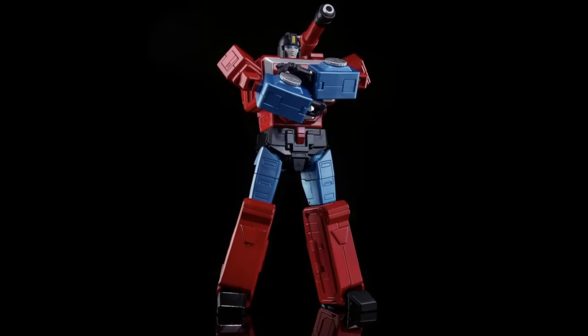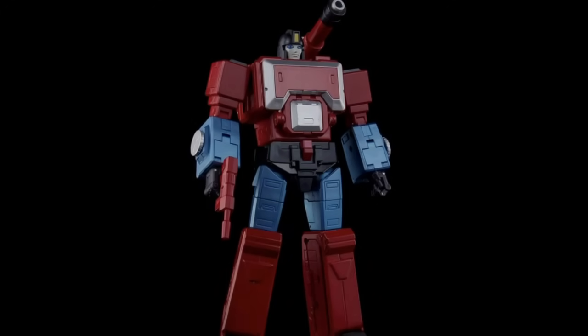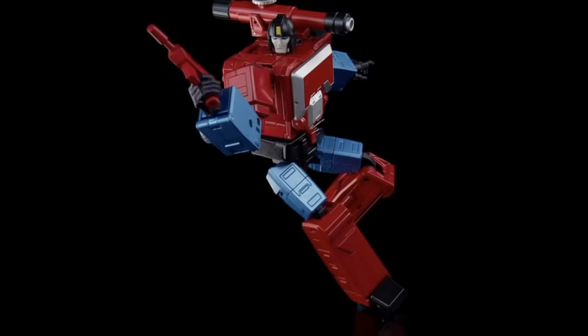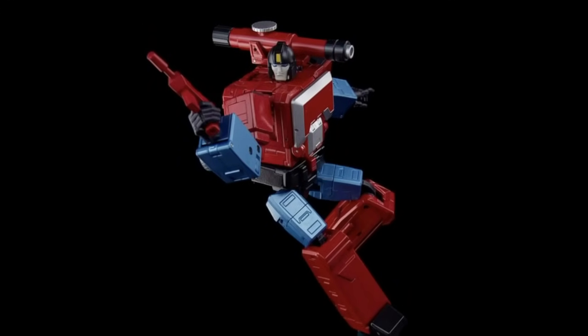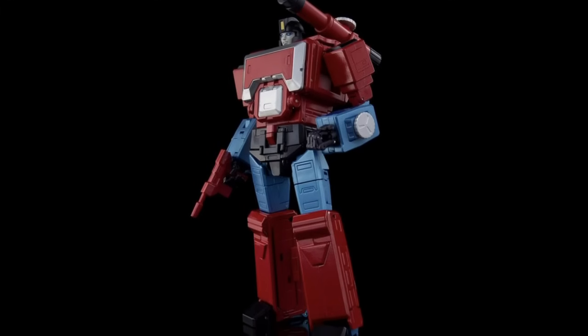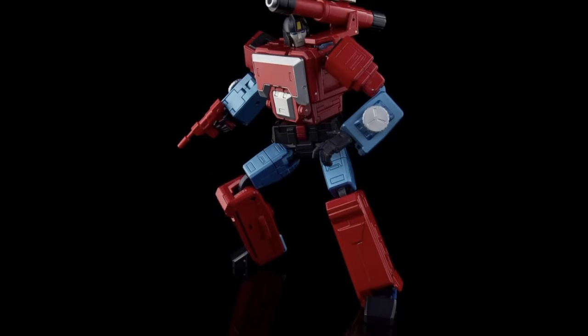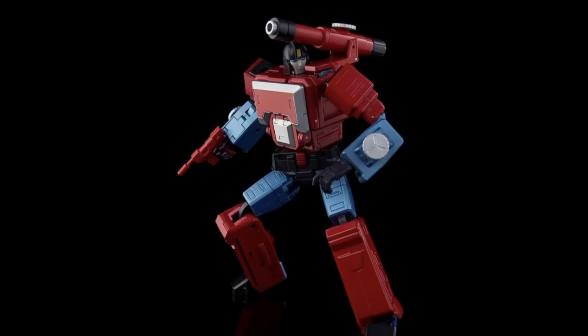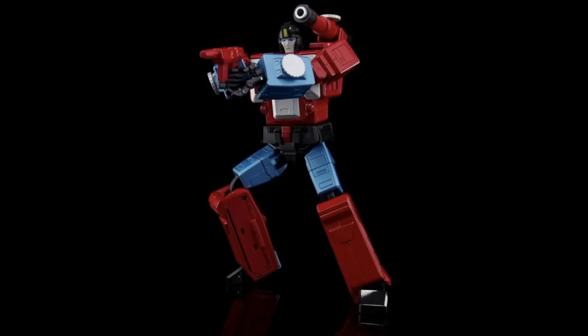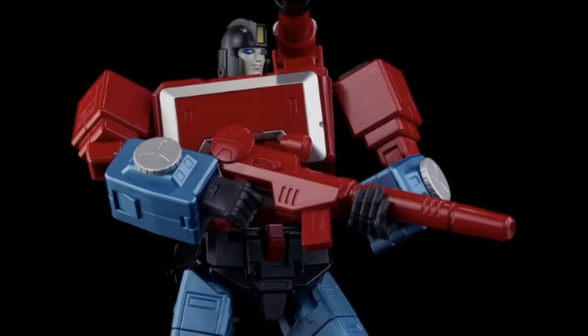Am I pre-ordering this? No, I'm trying desperately to stick to my rule of not pre-ordering anything from X-Transbots until they release Lock again. More news on that to come later on. But as soon as that figure drops, this is something that I would probably look to pick up, as long as Lock is in a good enough state, and maybe if they release Virtus between now and then, and that's in a good state, then this is definitely something I would look to pick up,